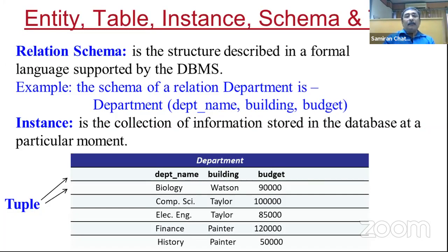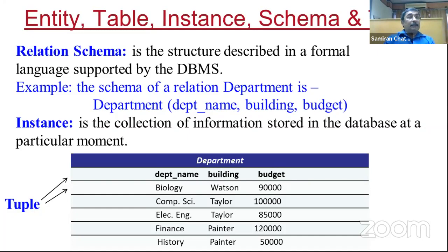Look at the tuple, other than the heading or header. Look at a tuple like Biology, Watson, 90,000. So the Biology department is probably placed in a building called Watson, and the budget of the department is maybe 90,000, whatever, euro, dollar, whatever. And these 5 tuples are existing in this particular relation or table at this point of time,